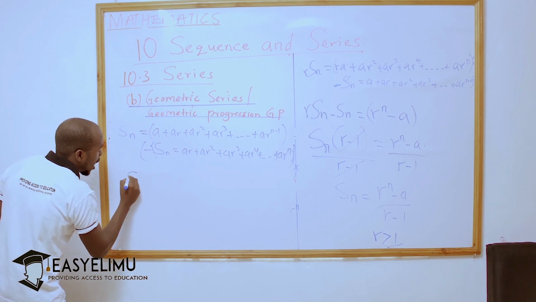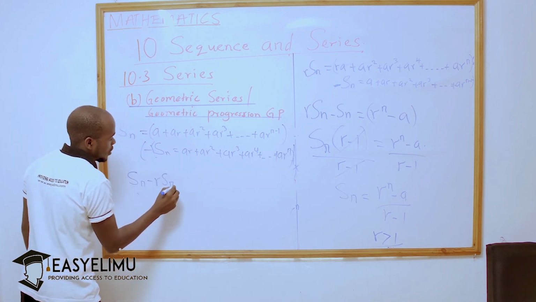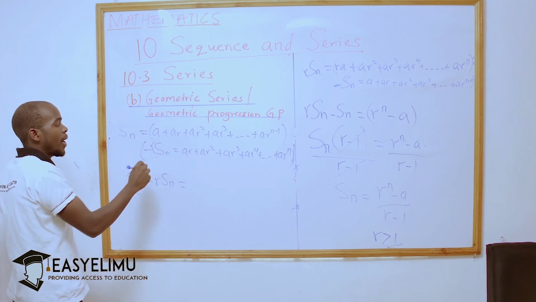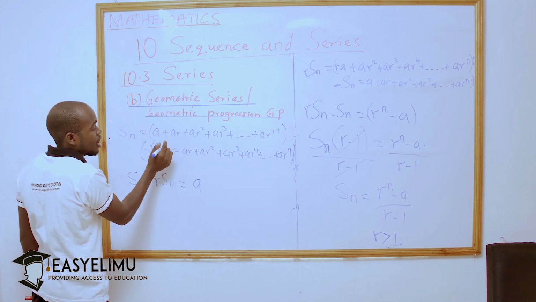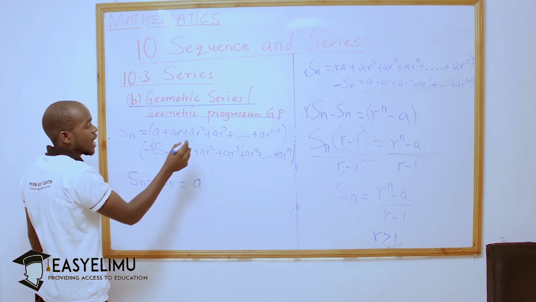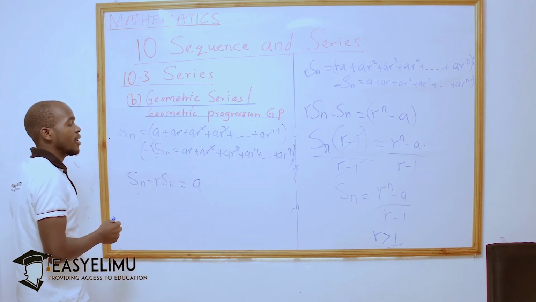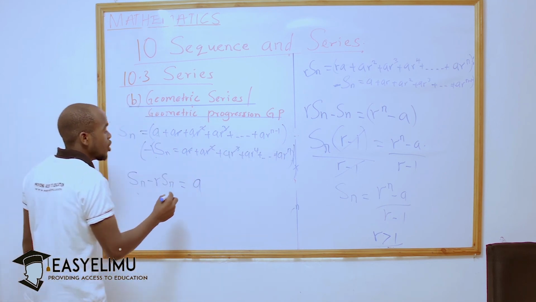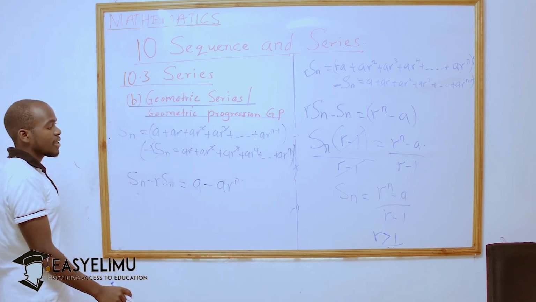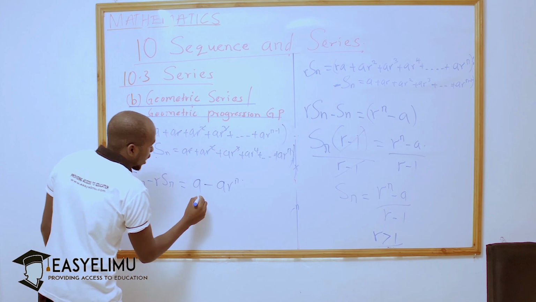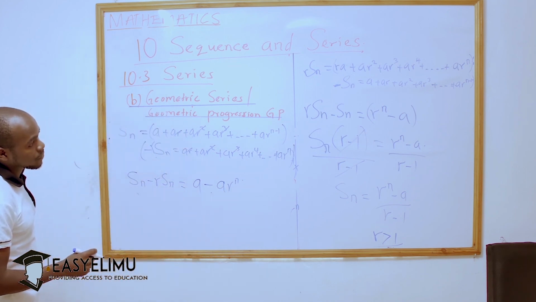you shall find, you will have Sn minus Rsn is equal to, now here we shall start with the A from the top, which shall remain only, because these terms are going to cancel themselves. If you subtract, they will vanish, and we shall only remain with minus AR raised to n. And if that is the case, you will find out that this one is going to be that way, and if you factor out